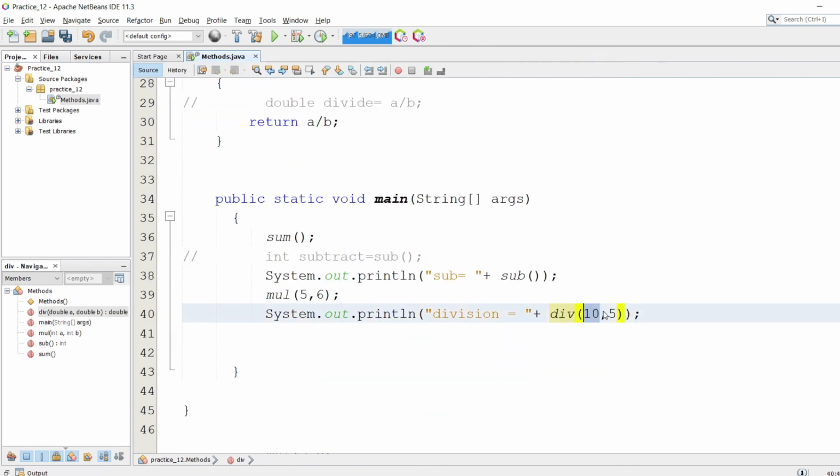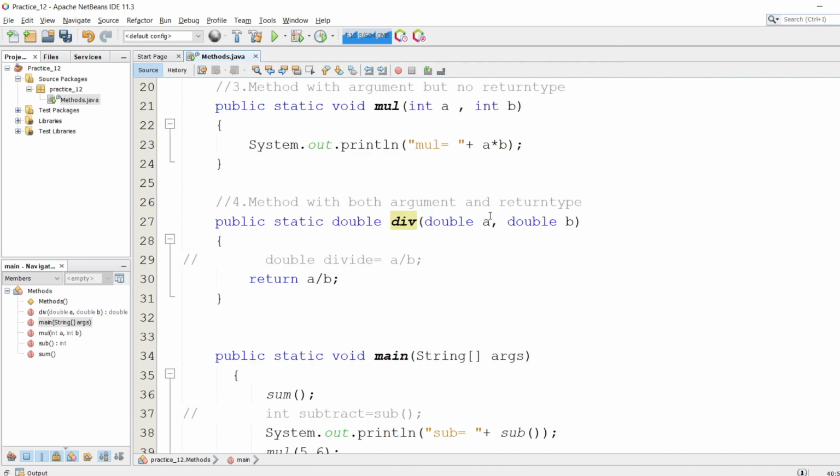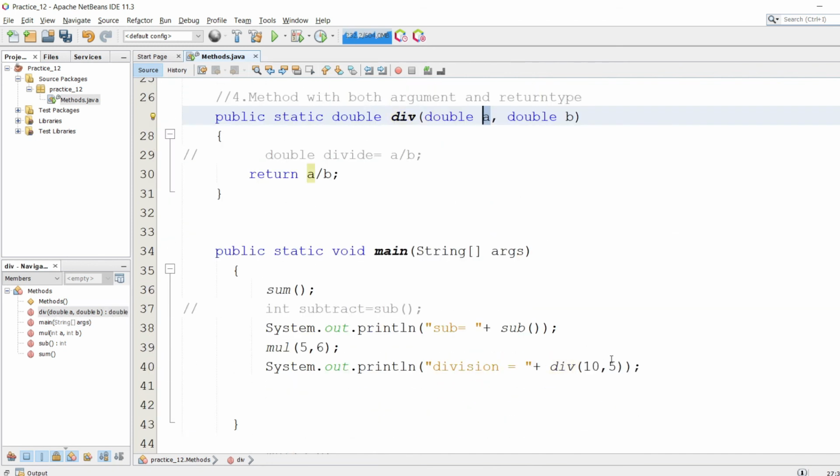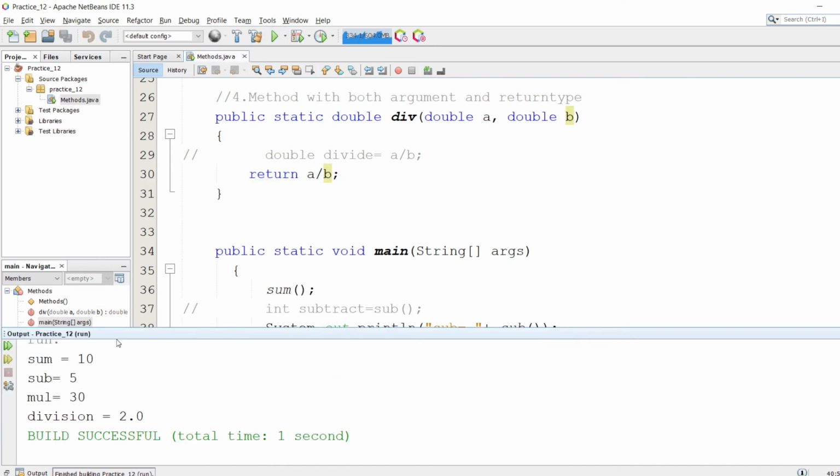So whenever we run this program, it's going to call the div method here, and the parameters that we are passing are 10 and 5. The first parameter is 10 for a and the second parameter is 5 for b. Whenever this method is called, it executes the body inside the method, divides a by b, and simply returns the value. So the return value is directly printed. Let's run this program.